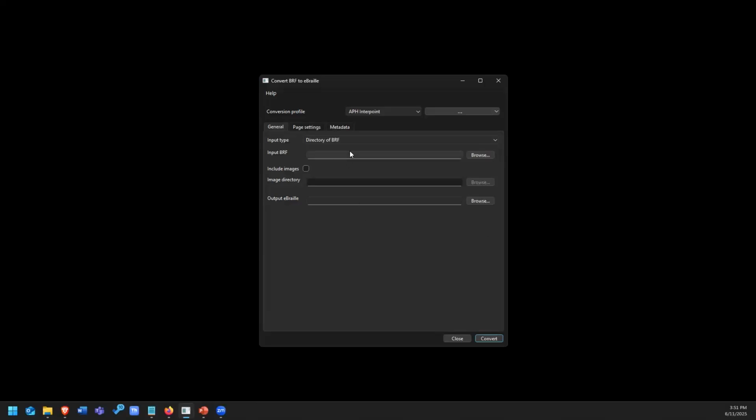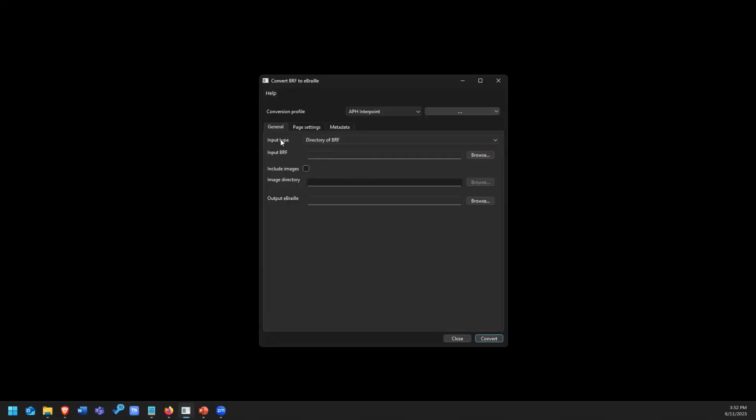And then let me talk about the converter. Crystal's asking when it's going to be available, and I'll answer that as we're going. All right, so I've got the converter open. It's on my screen. Hopefully everybody is able to view that. It's a pretty basic program. When you first open it, there's three tabs: the general tab, the page settings tab, and the metadata tab. Above that is the conversion profile, which I'll get to, and then a very basic help menu that'll get expanded as we go.